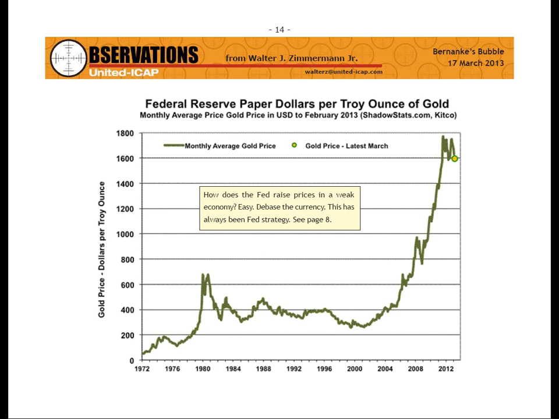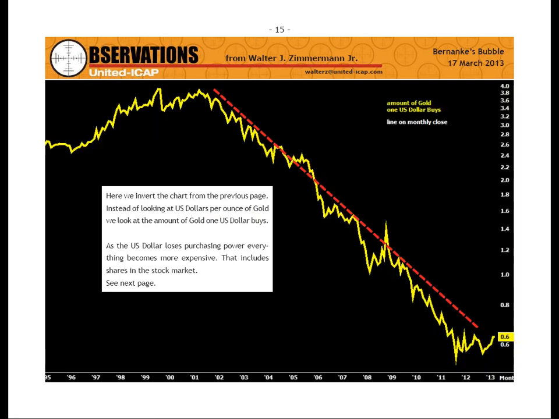Now, let's invert this, and we'll look at how much gold $1 US buys. That has also been in a downtrend since the internet bubble peak. So if we look at gold as the true indicator of inflation instead of the government's manufactured numbers for inflation, one is tempted to draw a little bit different conclusion about how much of the recent improvement in economic numbers is just inflation and how much is a genuine recovery.